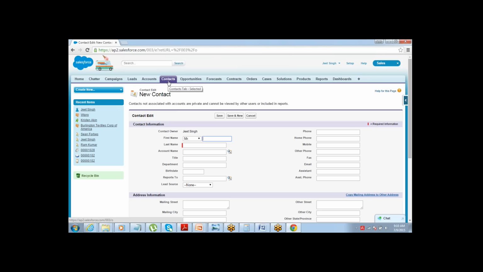usually from where does the company get all this data? Just think about it. All these accounts and contacts, either the company does research to find them, let's say you are planning to sell in a certain area. California is your region, and your company provides some service or product, sells some product in the California region. Now, how will you get the data from California? Either you do research or you buy it from a database vendor. Most of the companies will choose one of these. Either they will do some internet research to find the contacts and companies of that region, or they will buy it from some data vendor.